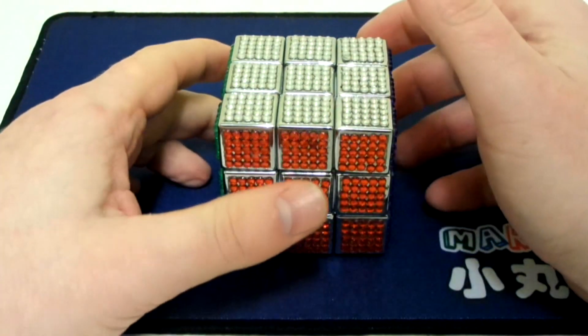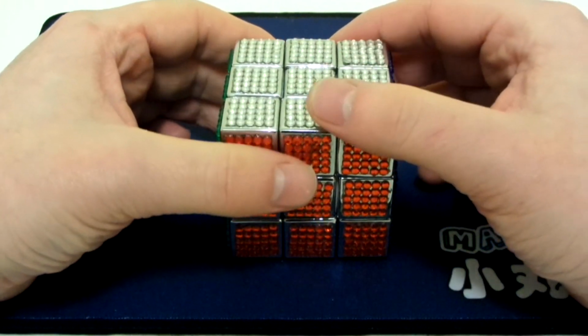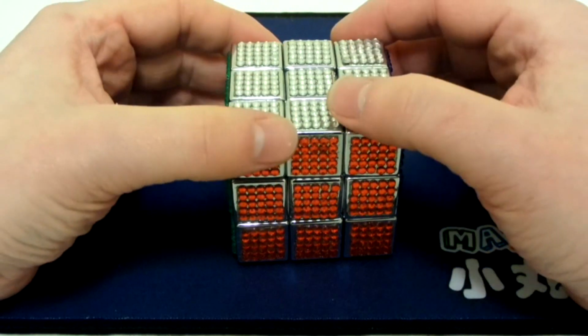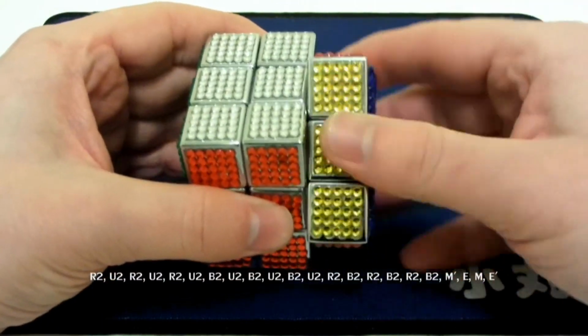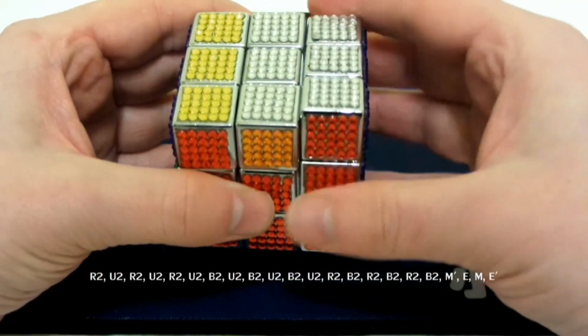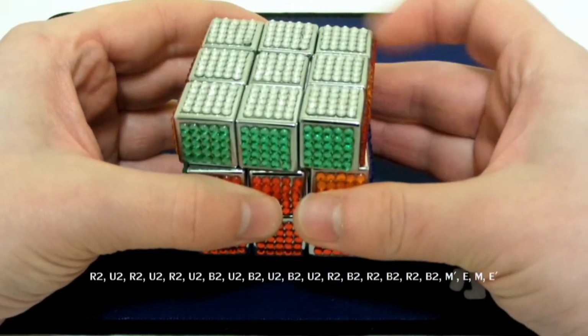Okay, so I've got another viewer request, and this is from Chris, and his pattern is called the half checkered dots pattern. Hopefully I'll be able to do this right, because I'm not used to the M and E notations. But anyway, the algorithm is R2, U2, R2, U2, R2, U2,